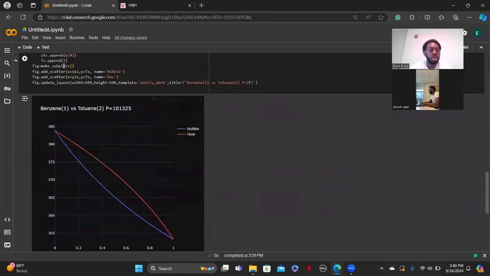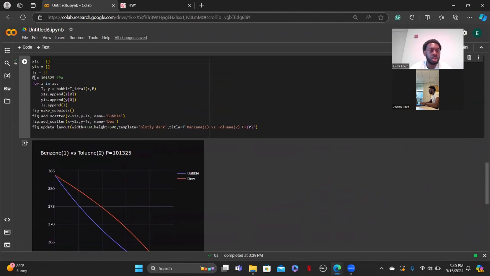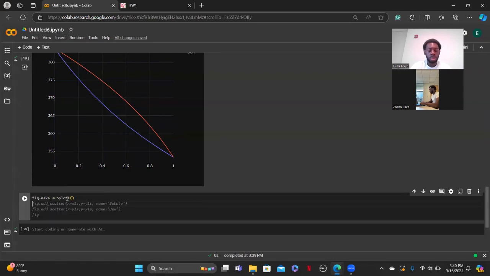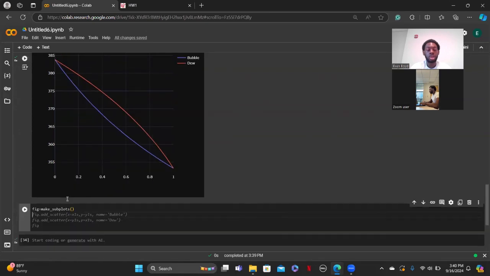So for this, we'll be just using the x1s, y1s that were used here, and also the constant P as well. So here we can also just say fig is equal to make subplots. Okay. Parentheses, we want to add our first line, which would be our concentrations of the ratio of the liquid composition and the vapor composition as the temperature rises and falls. Okay. So here we're gonna do fig dot add scatter